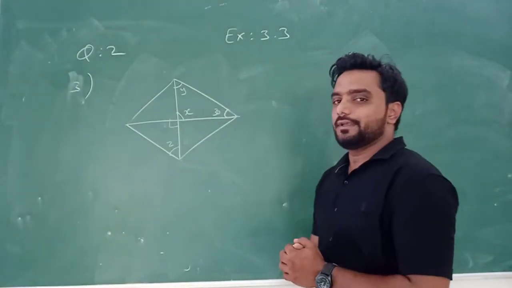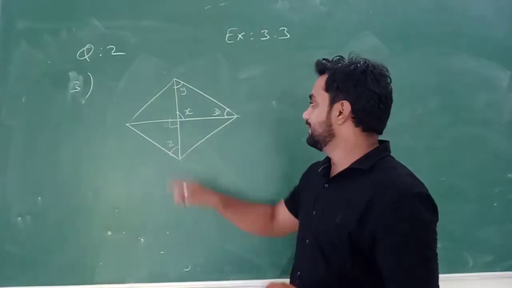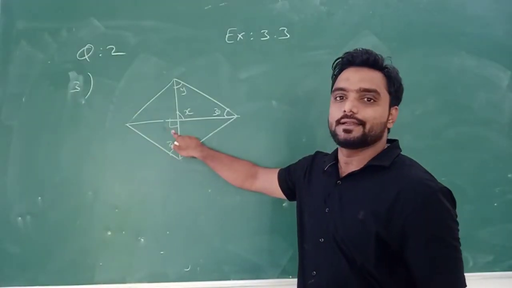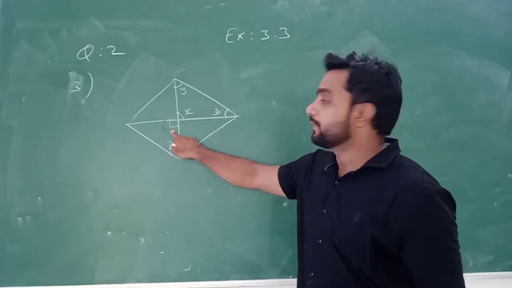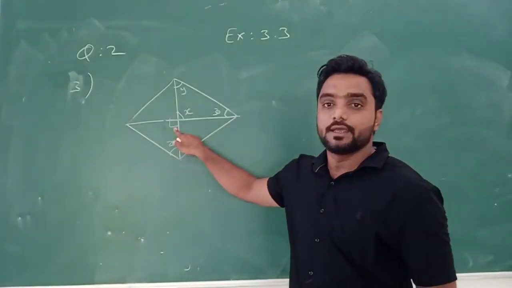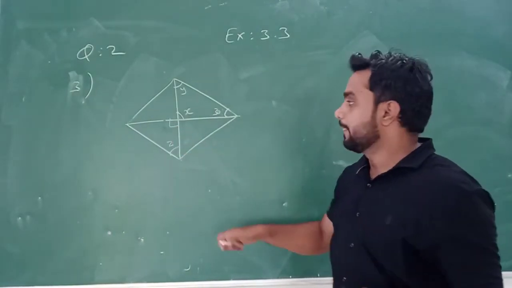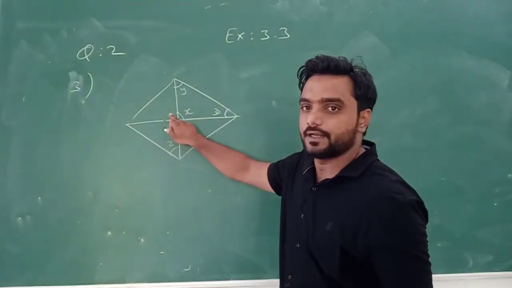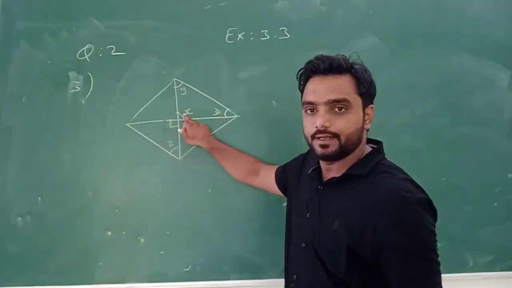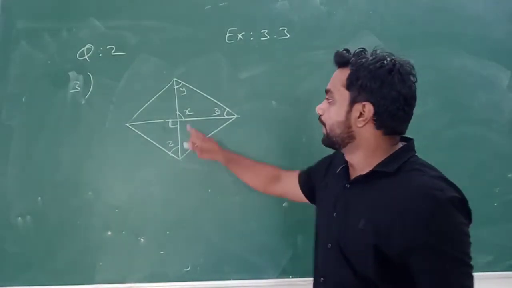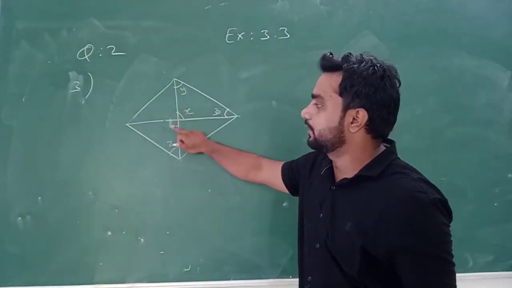Now in this figure one thing is given to you, that this angle. देखो यहाँ angle जो दिया गया है वो कितना measure है उसका? That is 90 degree. That means these two lines are perpendicular to each other. This angle is how much? 90 degree. Understand or not? If this angle is 90 degree, that means this angle is also 90 degree, this angle is also 90 degree, and this angle is also 90 degree. Or you can say that the vertically opposite angles are equal in measure.